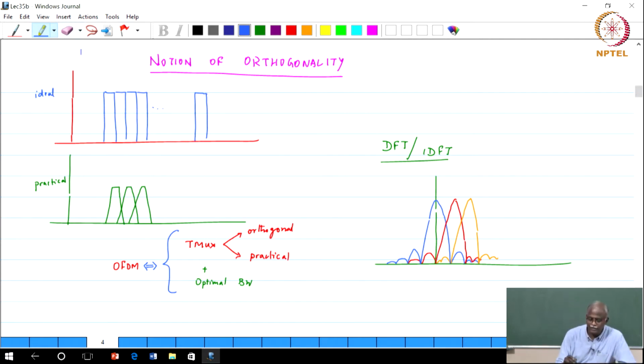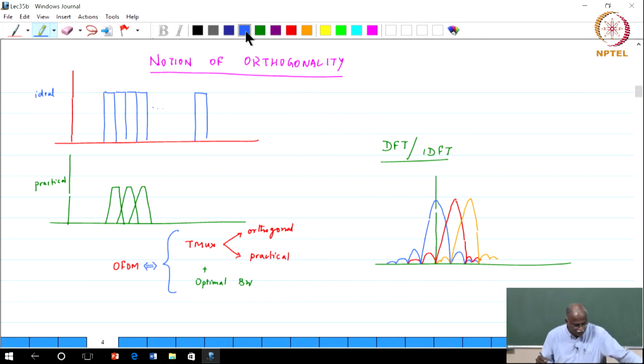But from a practical standpoint we said okay, that is not possible, you would have to allow some overlap because you cannot have perfect filters. The challenge is how do we design with overlap, still maintaining orthogonality and maintaining something that is close to a minimal system. We made an observation that the IDFT DFT gives us one such framework,